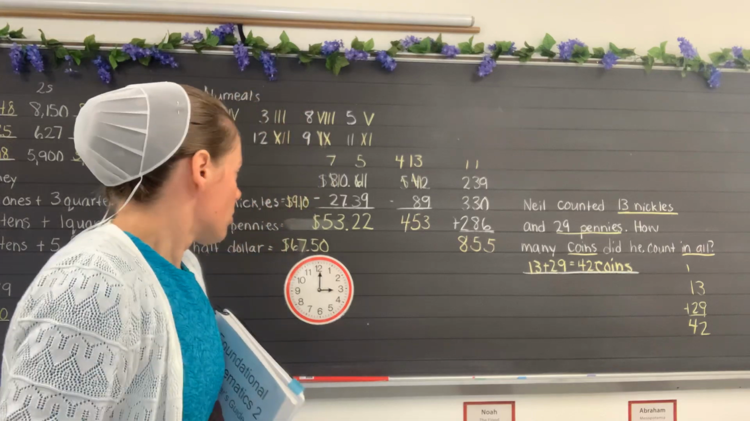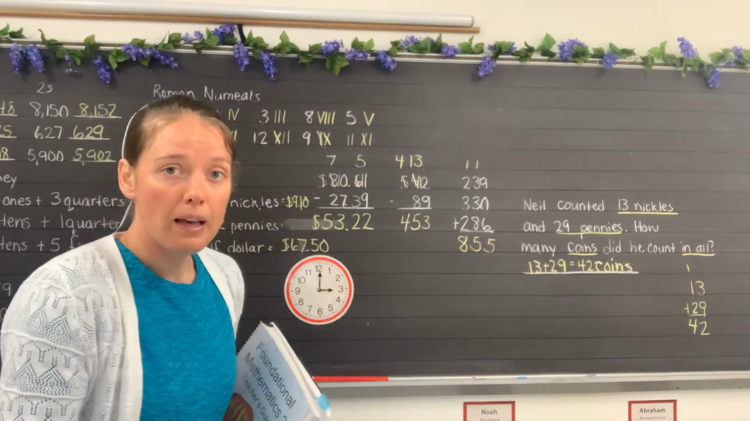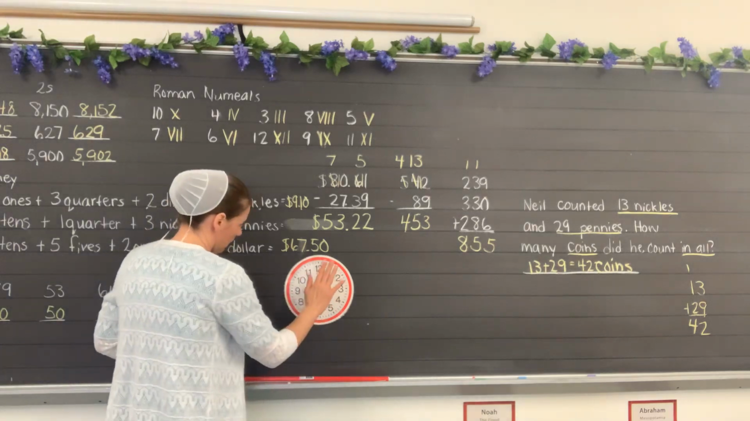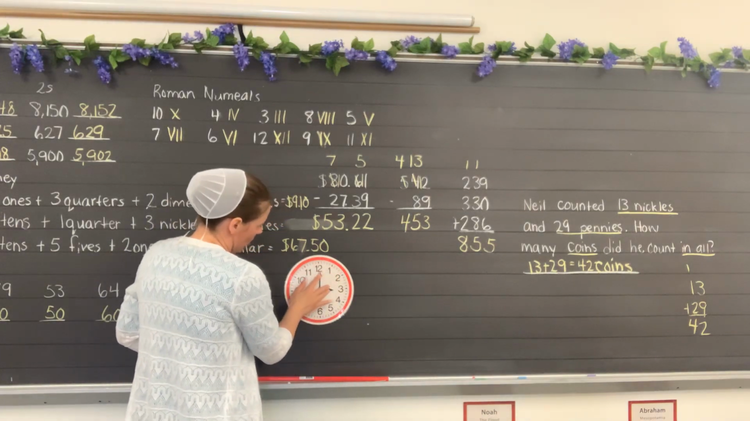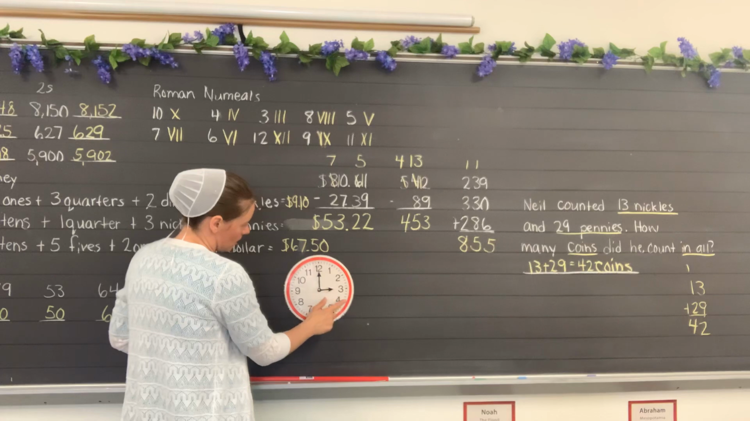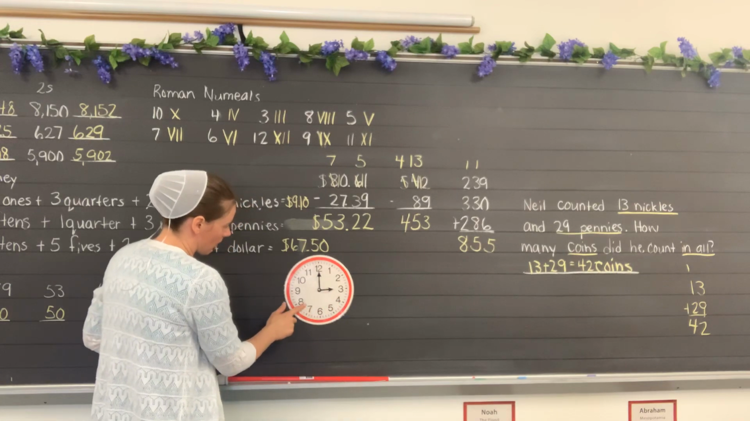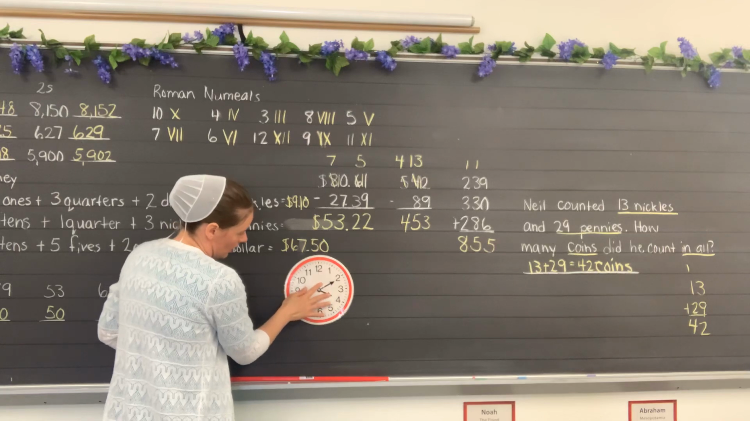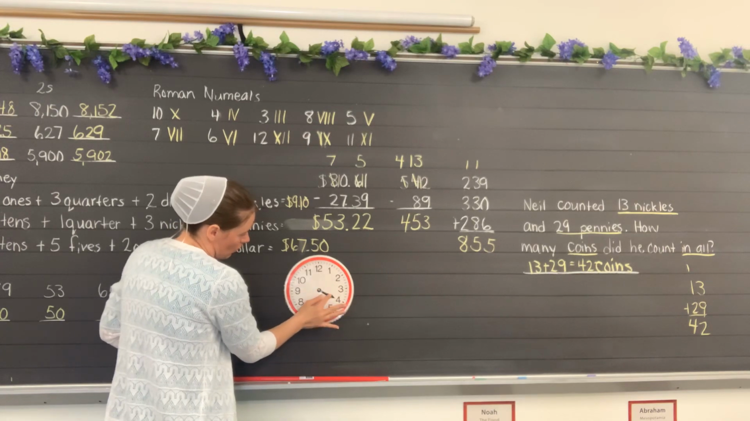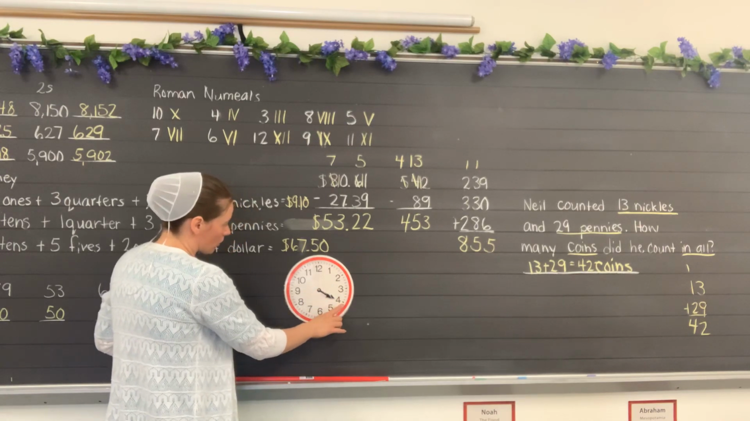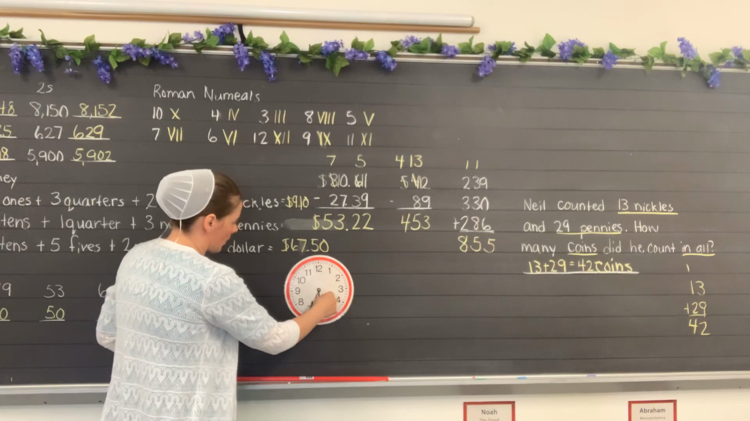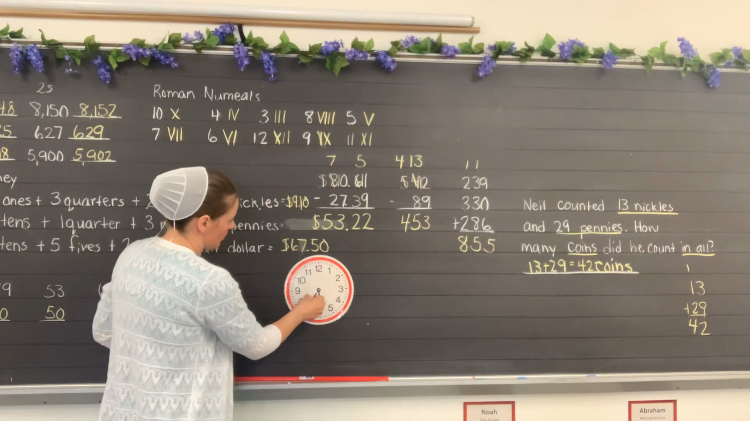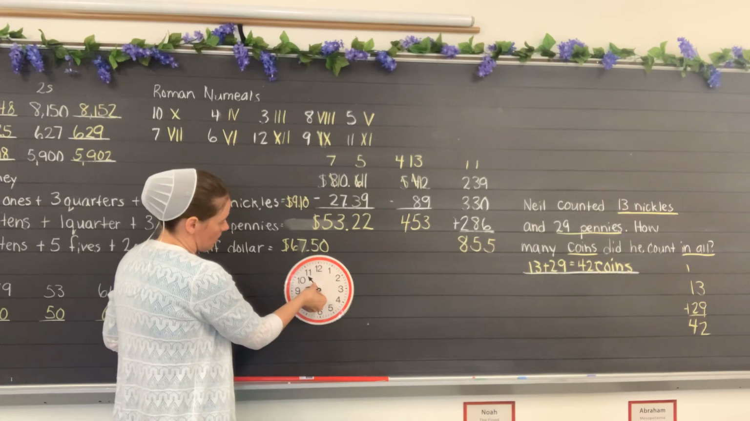Okay, so let's review the clock yet. The clock goes by 5-minute intervals, so we have 5, 10, 15, 20, 25, 30, 35, 40, 45, 50, 55 on the clock. So now it is, what we say, 4:20. So now it is 6:35. Now it is